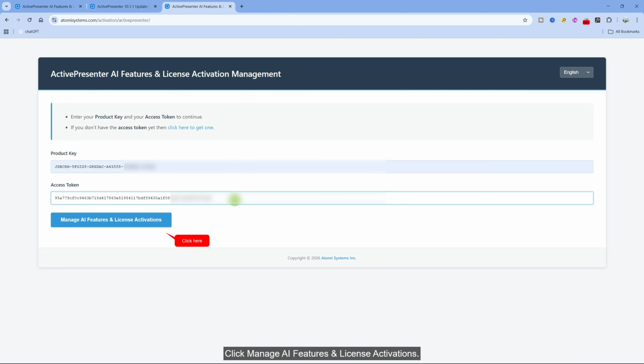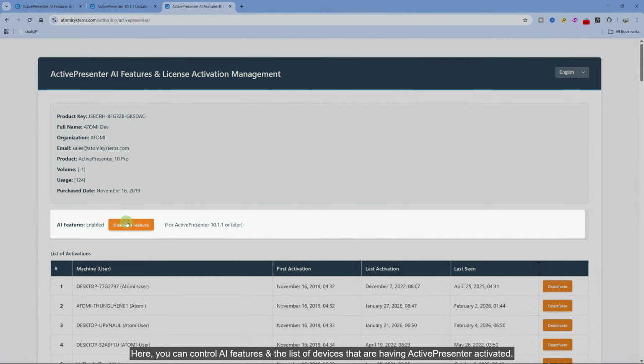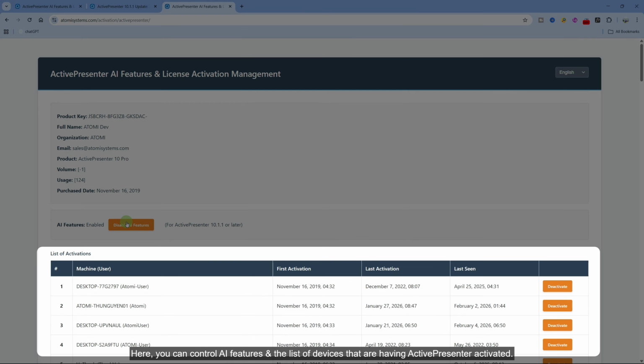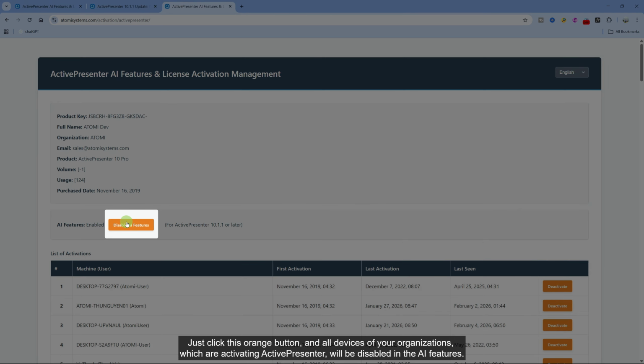Click Manage AI Features and License Activations. Here, you can control AI features and the list of devices that are having ActivePresenter activated. Just click this orange button, and all devices of your organization which are activating ActivePresenter will be disabled in the